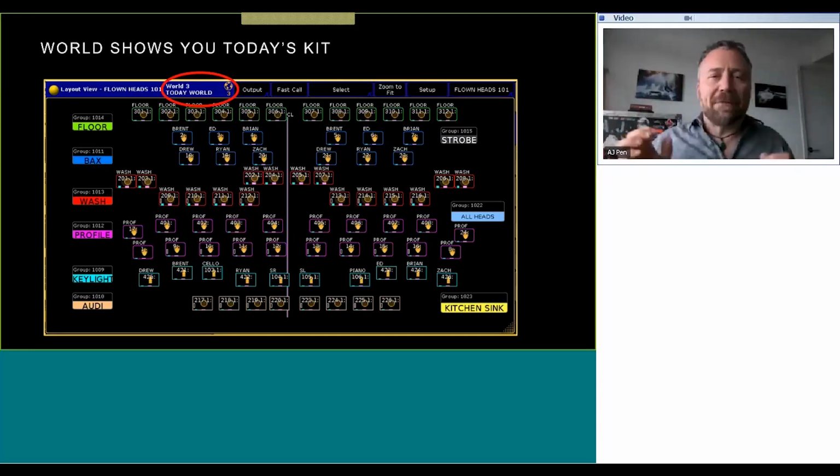If you go back into the full world, though, and select your floor lights, you will have selected today's floor lights and yesterday's floor and the original floor lights. This is great because you can make programming changes that will continue forward, even though you're programming on a foreign rig. If you're in the full world and hit a certain group, you're going to grab all those fixtures. You're going to enter programming into those cues for those fixtures. The logic breaks down a little bit when you're trying to do very specific effects with timings and stuff like that. But if you just need backlights, come on, in the chorus, that programming can be achieved and carried forward.